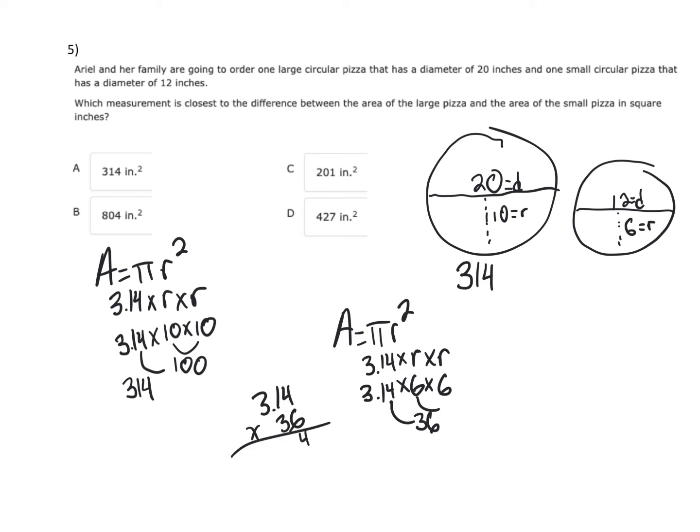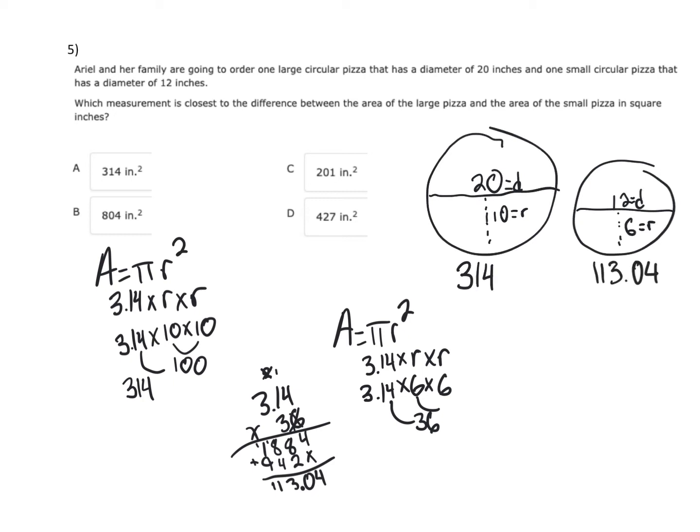Six times 4 is 24, carry the 2. 6 times 1 is 6, plus 2 is 8. 6 times 3 is 18. We're done with that, so we cross out, put an X for place value. 3 times 4 is 12, carry the 1. 3 times 1 is 3, plus 1 is 4. 3 times 3 is 9. Now we need to add it up. We get 4, 10, 8, 9, 13. Carry the 1. 9, 10, 11. We have 2 decimals, so we add 2 decimal places down there. So we get